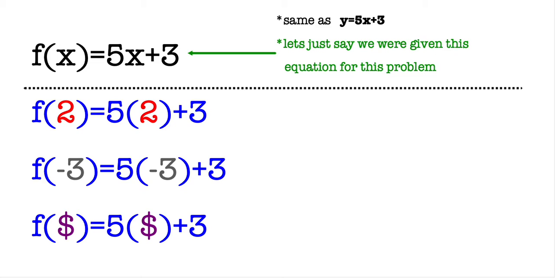F of x is the exact same thing as you writing y. So when you guys are used to making tables, like an xy table from an equation, f of x is the exact same thing. So instead of saying y equals 5x plus 3, we'll say f of x equals 5x plus 3. The reason that they start using function notation,